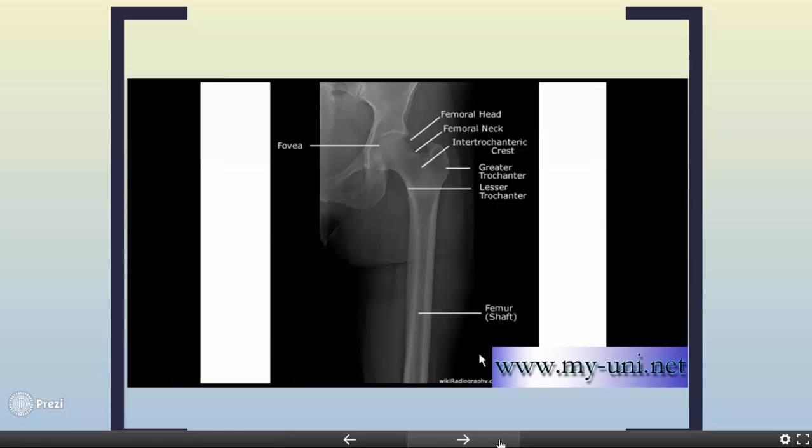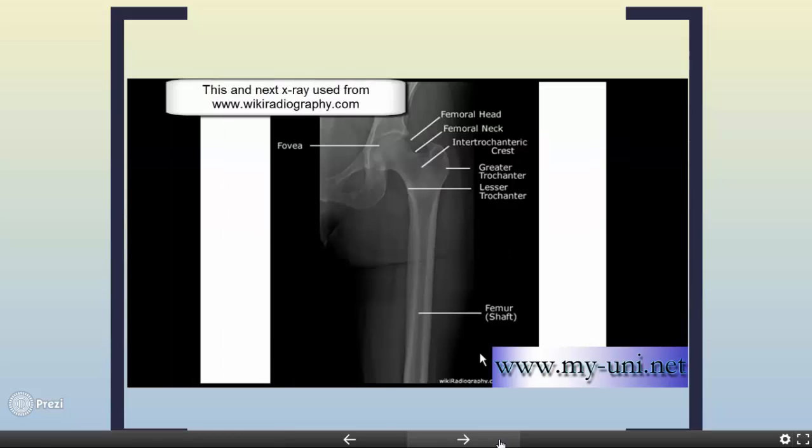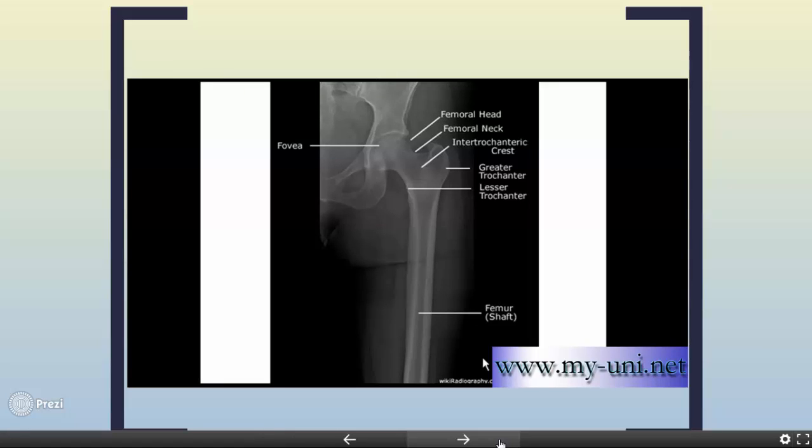The X-ray in front of us is an example of a normal left proximal femur in an adult person. There is a very clear corticomedullary differentiation. You can even measure the thickness of the cortex on both sides. This is medial cortex, this is lateral cortex, and in between there is a cavity that is known as medullary